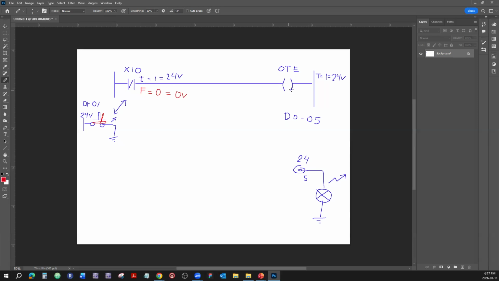That is going to be carried over through the output, and we're going to have logic state of false or logic state of 0 or 0 volts on the output, and we're going to have 0 volts here, and we're going to have no light. Alright. So in this case, we press the button to de-energize the output,